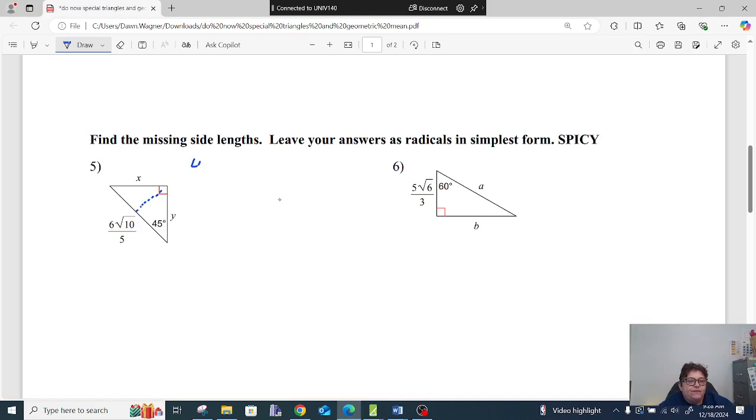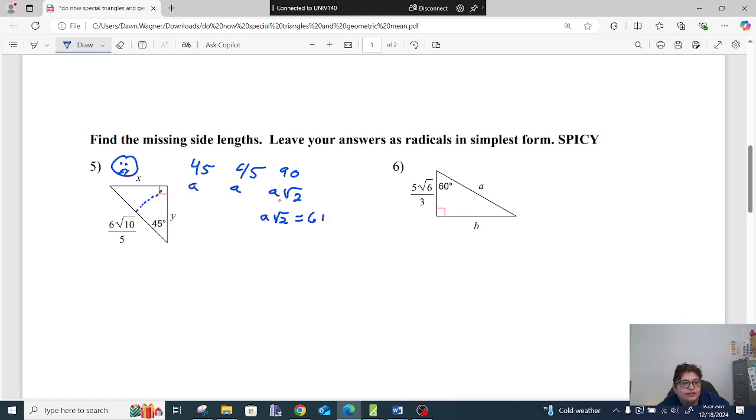And I know 45, 45, 90 is a, a, a square root 2. And I'm sad because I'm given across from the 90, which means I have to solve for a. I do this just to emphasize you have to solve for a. So a square root 2